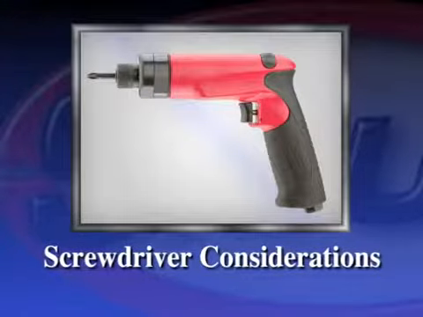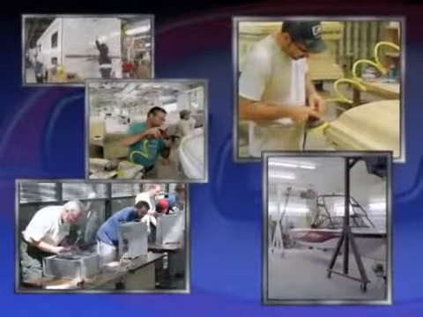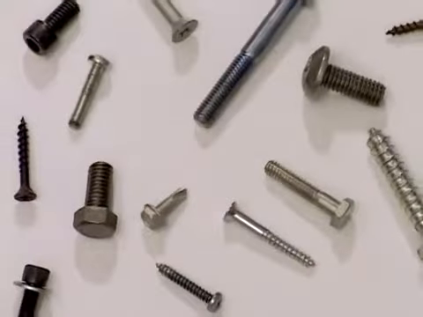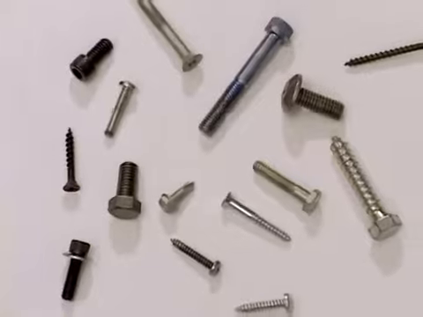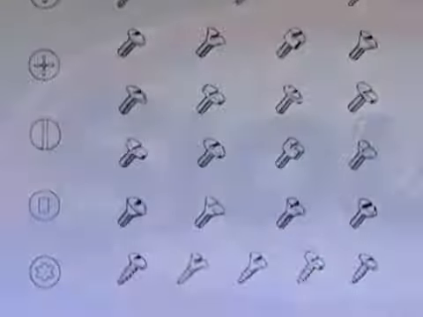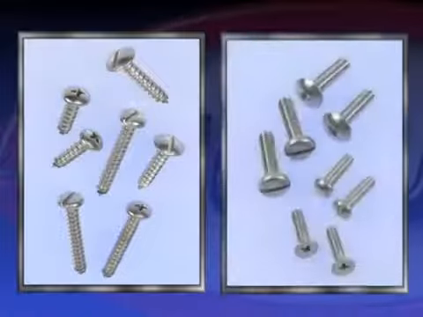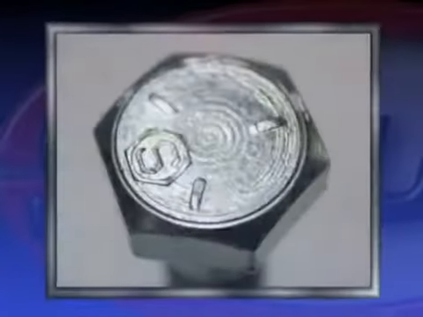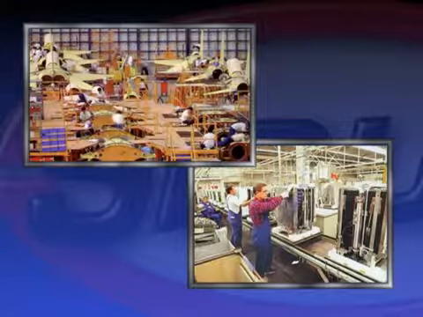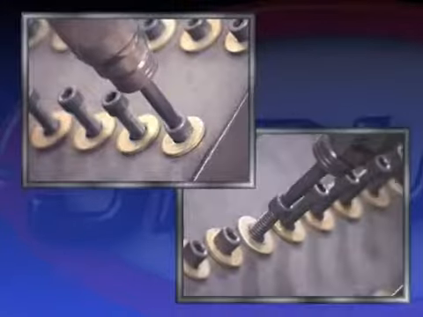Consideration needs to be given to what is being assembled, what material is involved, what type of screw or nut is being driven, what type of head, what screw size, standard or metric, what bolt grade class, what torque and how is it measured, what torque accuracy is required, is it run down or seated torque,